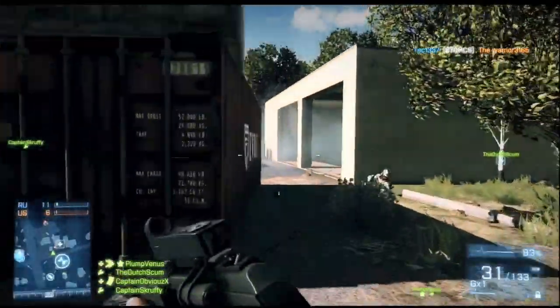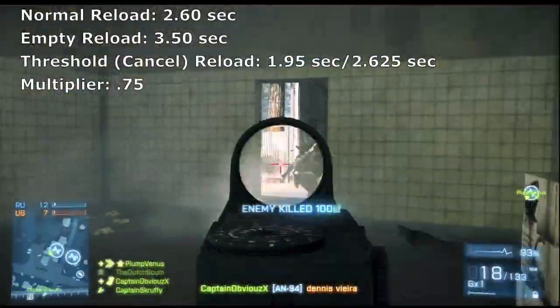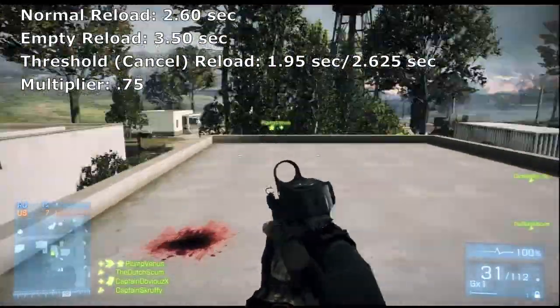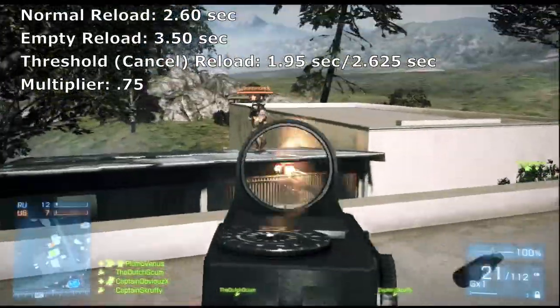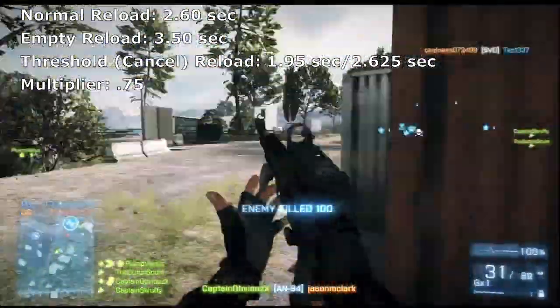Alright, so the reload speeds are nothing to get excited over either. They are 2.60 normal reload and 3.50 for an empty reload. Threshold is 1.95 and 2.625 seconds. The multiplier is a little bit lower than the other rifles at 0.75 seconds, and like I said, it's nothing